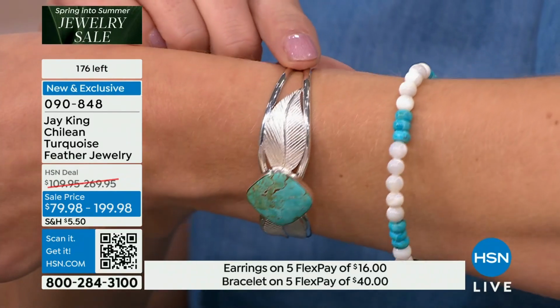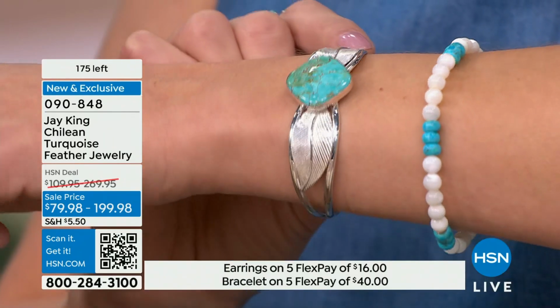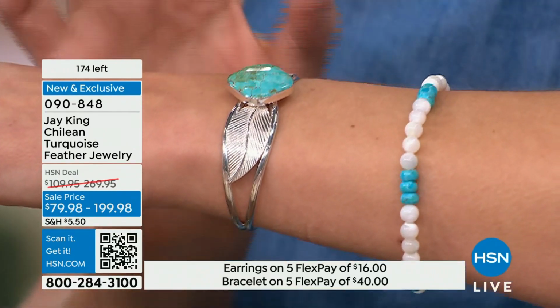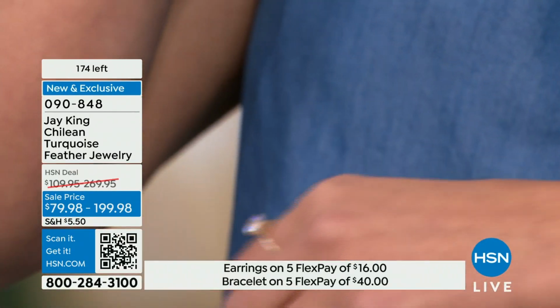The feathers are really beautiful. Don't you love that? And I love how that just wraps around the wrist. It's so gorgeous. It really appears like something that you just kind of have to keep looking into closer and closer because the detail is exquisite. I will tell you we're down to the 70s in the earrings. So 56 for the entire set. You can't wear